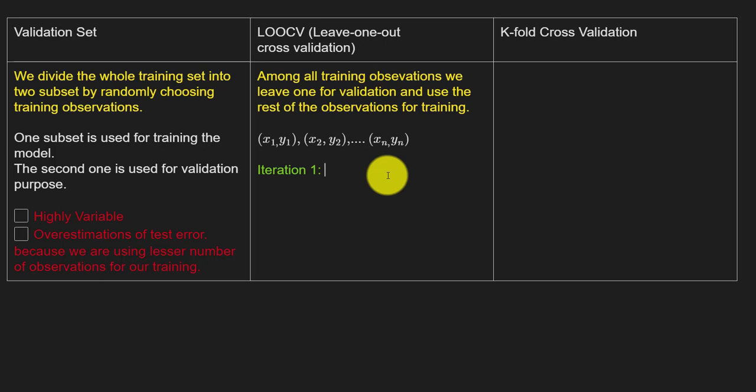What we are doing over here is keeping x1 comma y1 aside, and using the rest for training. After training that model, we are using this x1 comma y1 for validation purpose